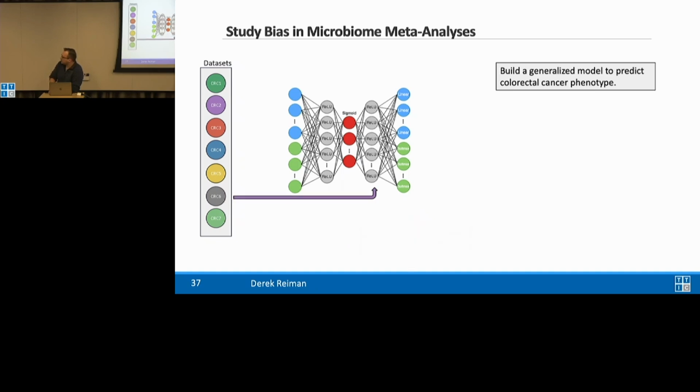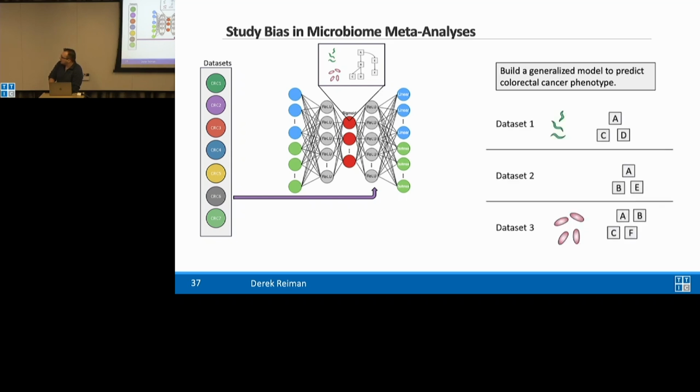And then we can inject our data sets back there, so we know how to go from our latent space, which now shares a distribution, back to our data set specific distributions, with the hopes of, instead of capturing a data set, now we can capture similarities or functional similarities across these pathways. Because now it can use this node to decode data set 1 using this green microbes, A, C, and D, data set 2, to actually get the metabolites, you don't get the microbe because the microbe is not associated, and then data set 3 to reconstruct that. So in principle, we kind of have